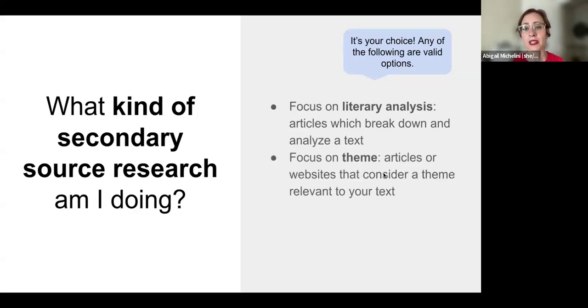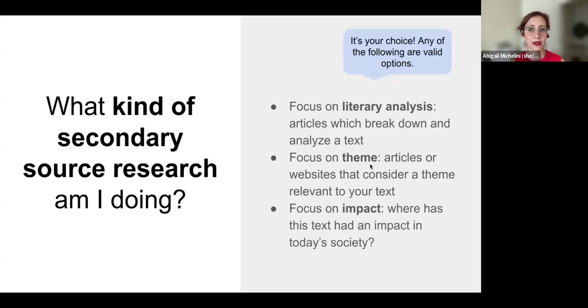A better way to go typically is to focus on a theme. So this would be like feminism in Black Box, pointing out that that's a theme, or sexual assault. If you wanted to explore that, to write about that, if you wanted to explore artificial intelligence in Today I Am Paul, or you wanted to explore coming of age relationships from Inevitable, Mahogany L. Brown's poem that a lot of you wrote about, you could focus on a theme, something that poem or story is about, that ChatGPT left out or got wrong in some way, and now you can say, here's an article that's actual valid information about this.